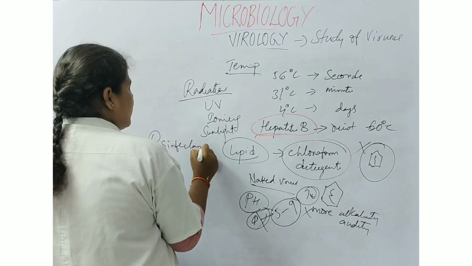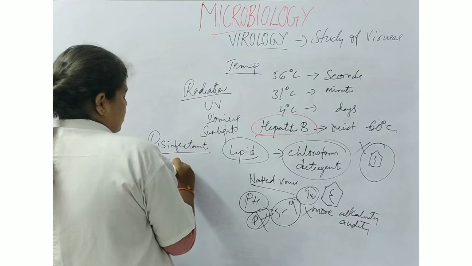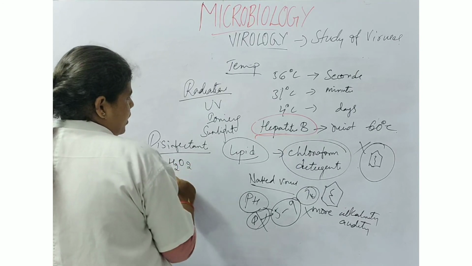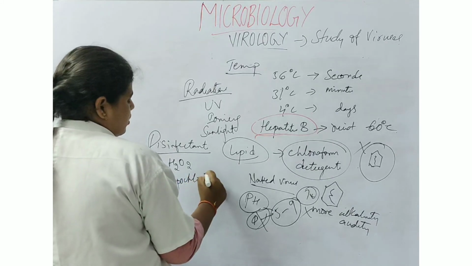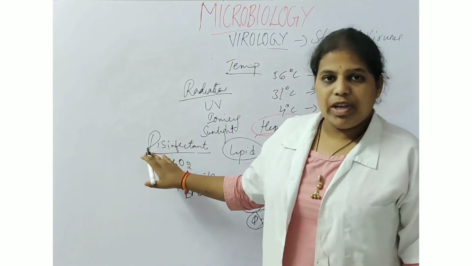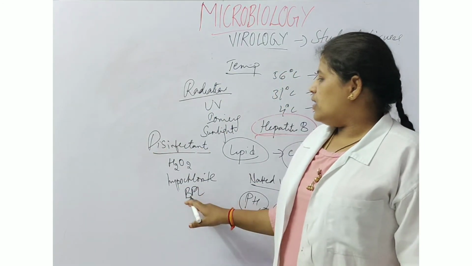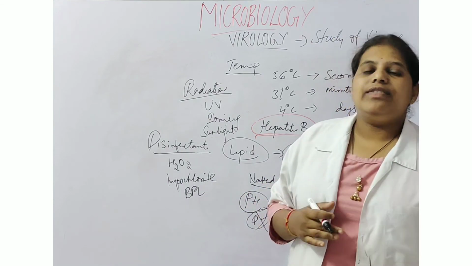What disinfectants can we use for killing viruses? Hydrogen peroxide, hypochlorite, and BPL. These are the disinfectants which can be used for the inactivation of the